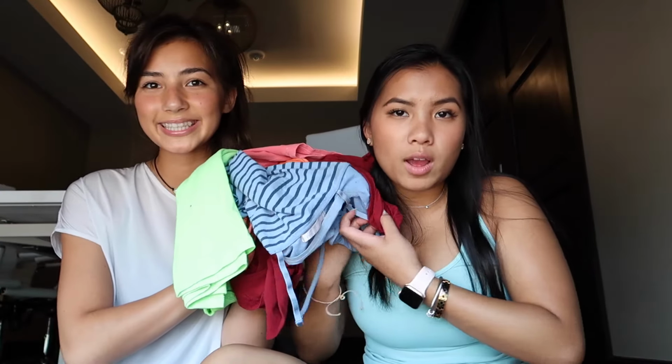So we're gonna show you how to make it literally out of old t-shirts and things that you might have. All the materials you need are just around your house. This is a scrunchie that we just made as a demo, and it looks literally like a regular scrunchie. The materials are a bunch of old shirts that we found around our house that we don't need anymore, and a hot glue gun, hot glue,